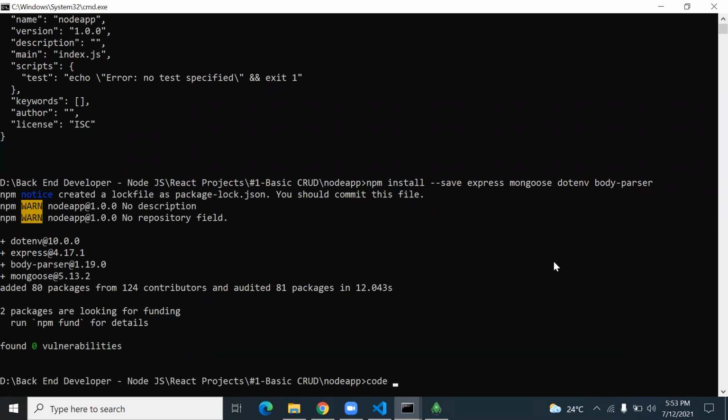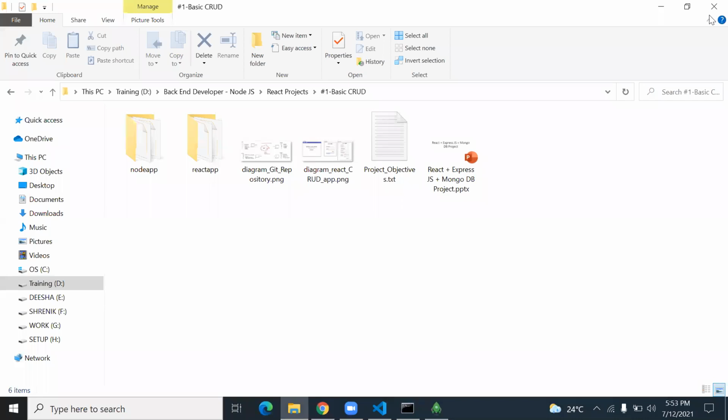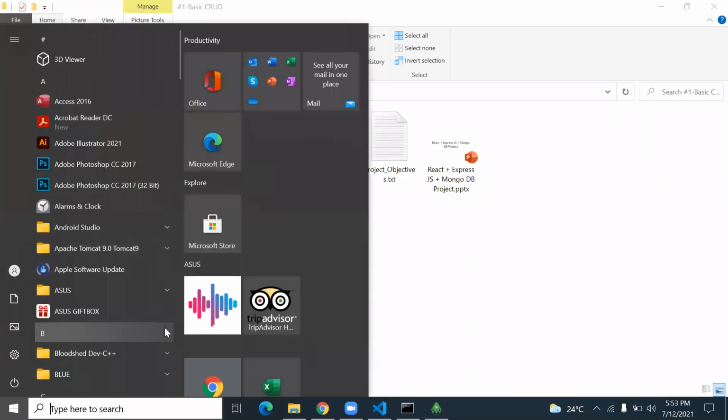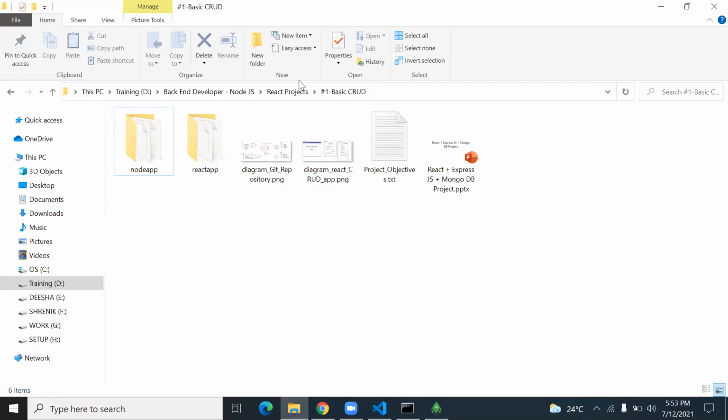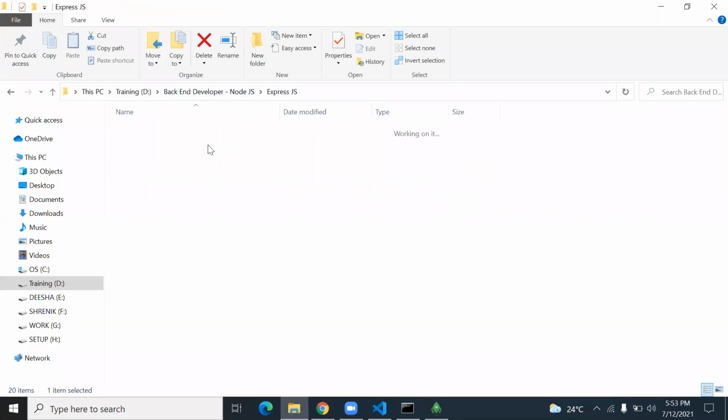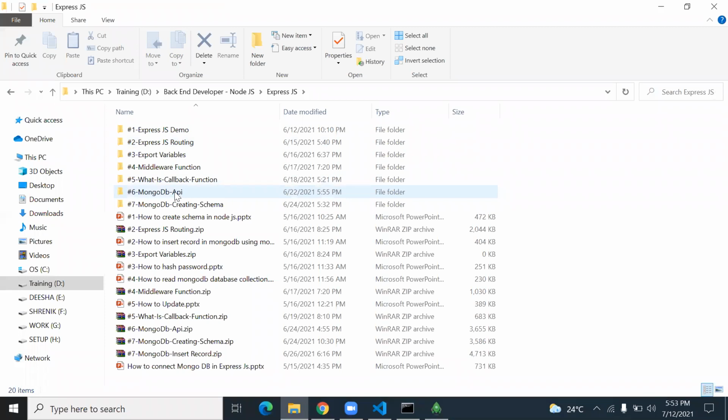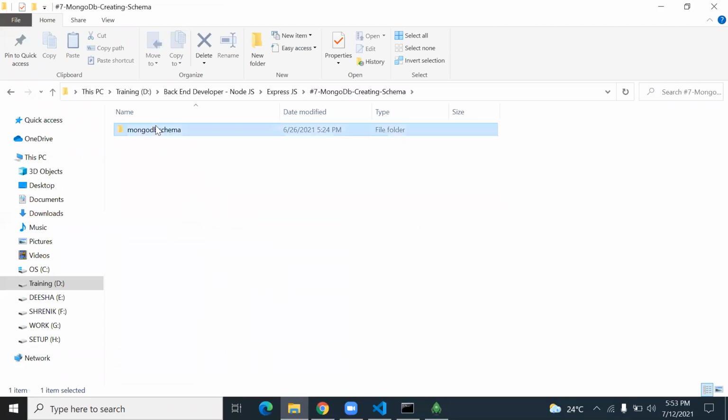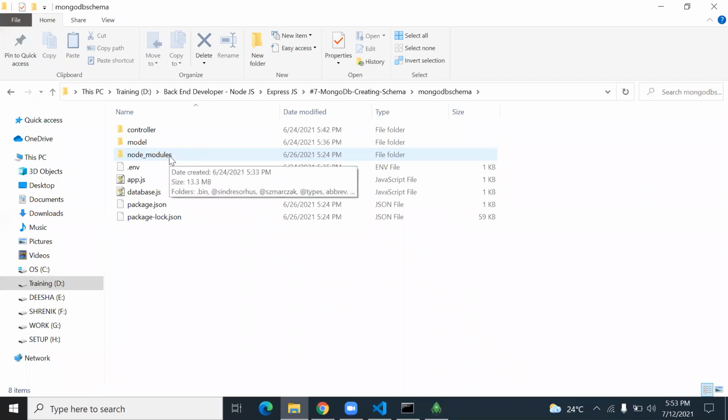Okay, now let's open this project in Visual Code. I do one more thing. I open the MongoDB creating schema project, and here we copy some required modules.